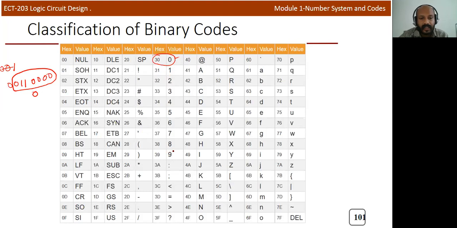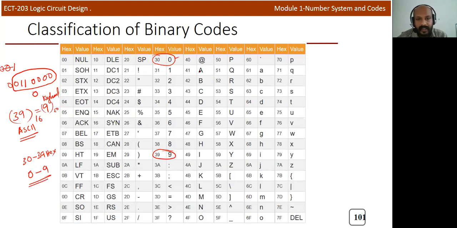Similarly, if you look at the last character 9, it is 39 hex. 39 in hexadecimal represents the decimal digit 9. So this is the ASCII code for decimal 9, or the character 9 on the keyboard. So you can see that 30 to 39, and instead of writing 16, I will write hex here. Hexadecimal values are used to represent the numbers 0 to 9.